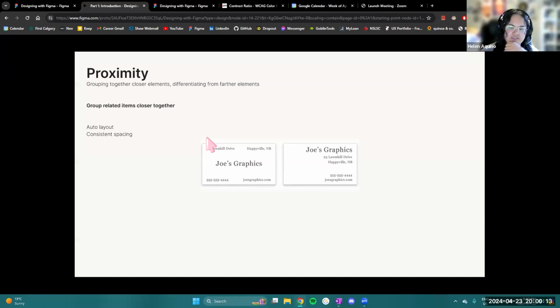So for example, with this business card in the middle, all the details are spread out and you have to read each line to understand what they are. You have the address here, the city, state, I believe the phone number, and website, which is fine if it's just those elements there, but it gets a little harder to read if everything is spaced out evenly like that. But with this example on the right-hand side,